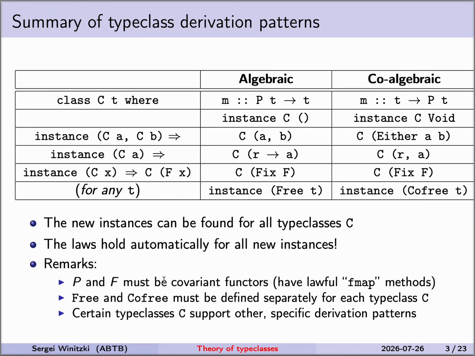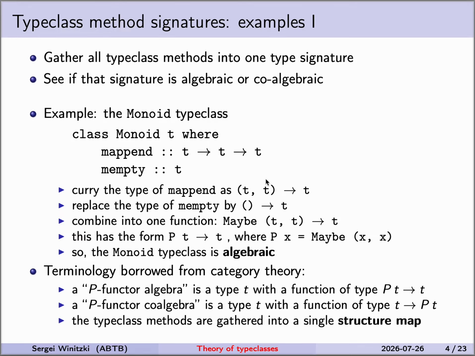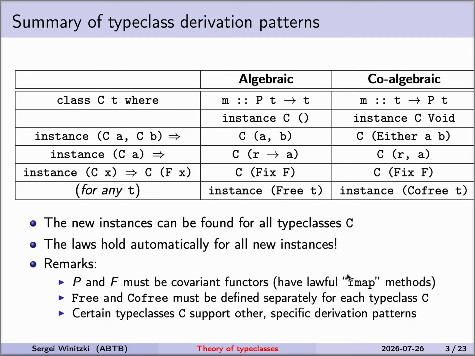covariant functor. Now I want to make a very short digression and clarification. In the entire presentation here, we need covariant functors. So P and F here, for example, they are covariant functors. And here, P is a covariant functor. So what does it mean that it's covariant? It means that it has an fmap. It's a type constructor, and it has an fmap method that satisfies the laws of fmap of a